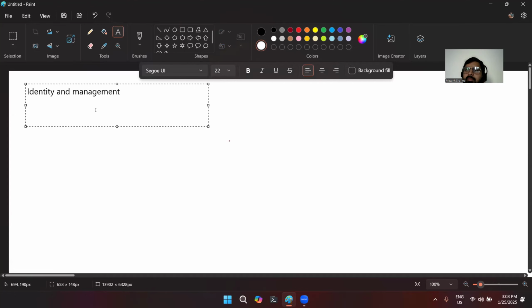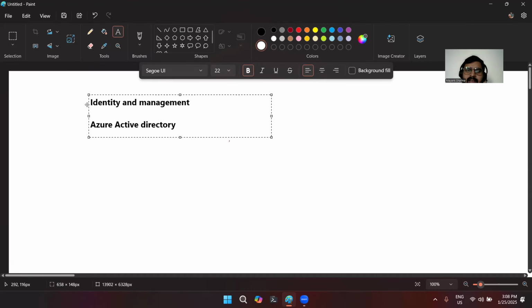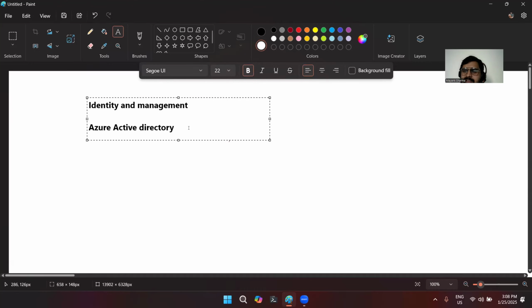This is the main topic that we are going to study, and around this topic we are understanding the services of Azure, also called Azure Active Directory. But before understanding Azure Active Directory, first of all, we have to understand identity and management. Identity and management is the basic theme to create a user and to manage its permission.